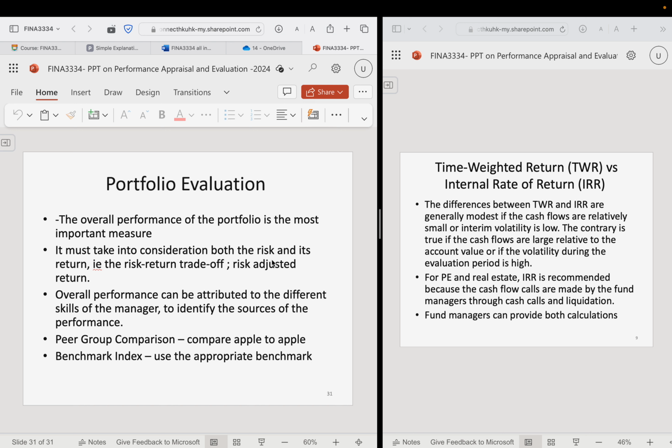So we look at whether the managers are consistent with their philosophy, and also review and so on. For example, turnover ratio, standard deviation, whether they trade a lot. Some managers say that they want to hold a long-term portfolio, but you find him trading a lot. That means he's not doing what he said.